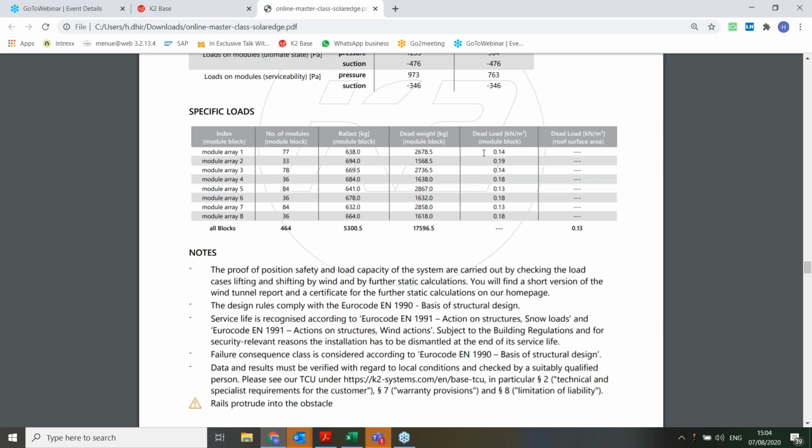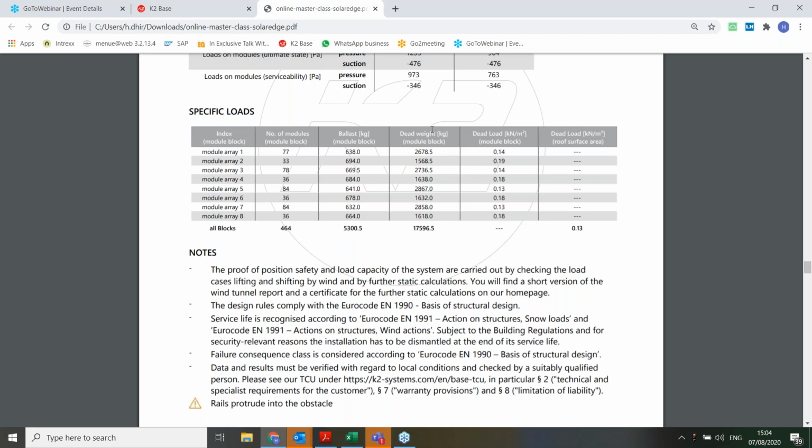So why is this dead load important? This is very important because this is the weight which you are putting onto the roof, right? And whether your roof is strong enough to sustain that much weight, you are not sure. So this is actually a task of a structural engineer. The structural engineer needs these values to estimate whether your roof is strong enough to put a solar PV plant on it or not. So our online tool also gives you values as input for the structural engineer.